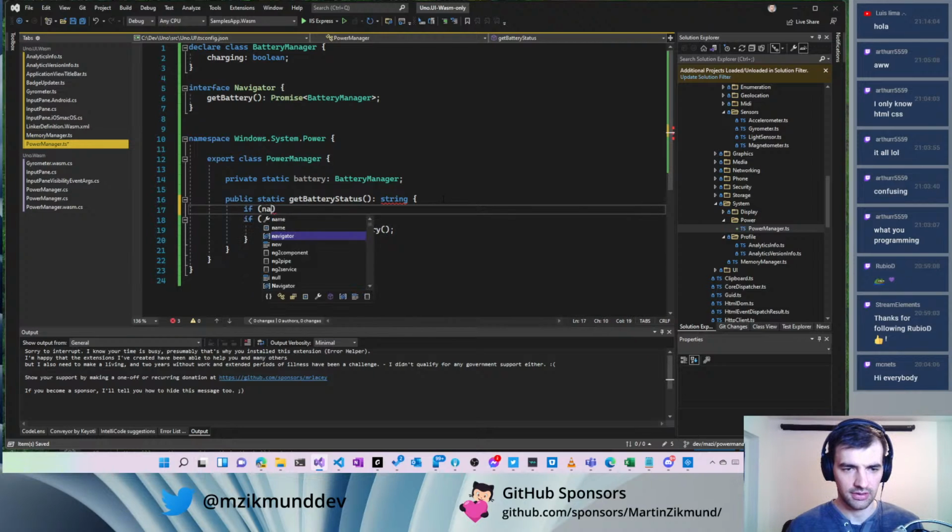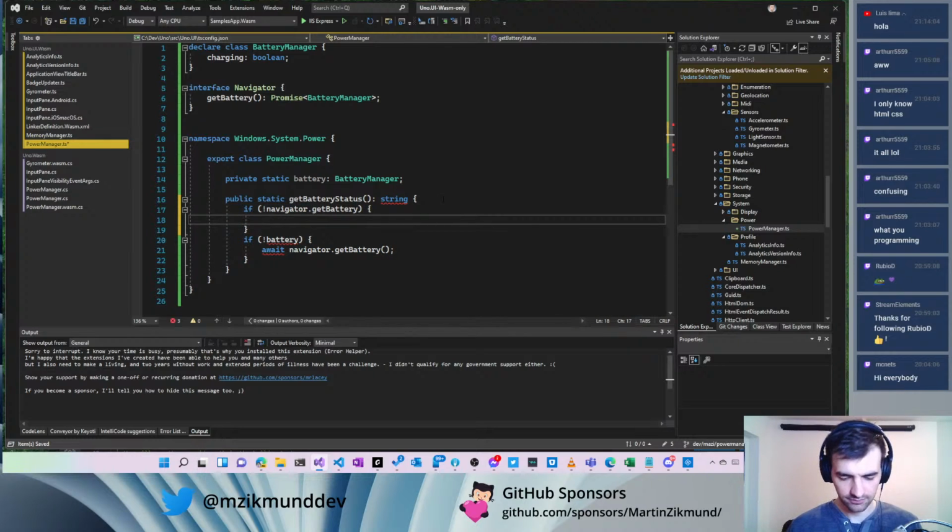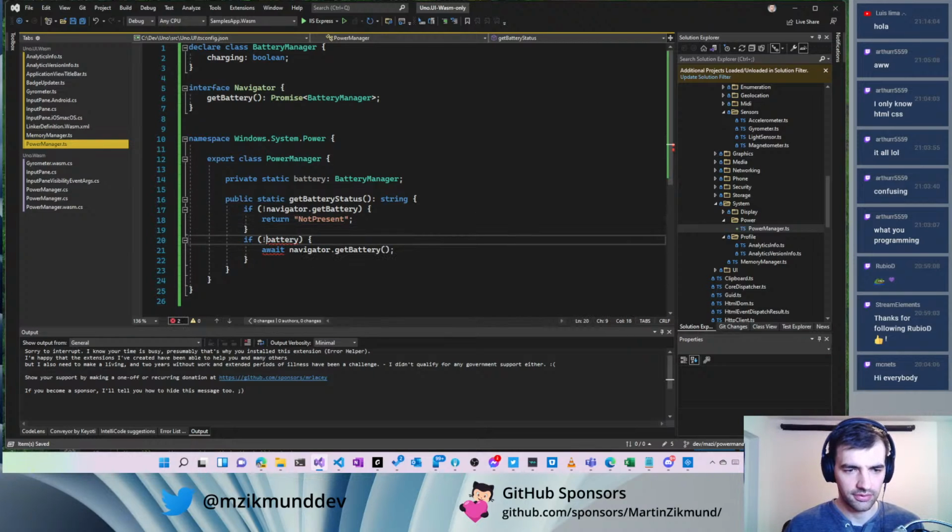So if navigator get battery exists even, so if it does not exist, we will return null. So in this specific case, we don't return anything and it's not available. Or actually we can use the not present value, so not present. In case the battery is available and it's null,